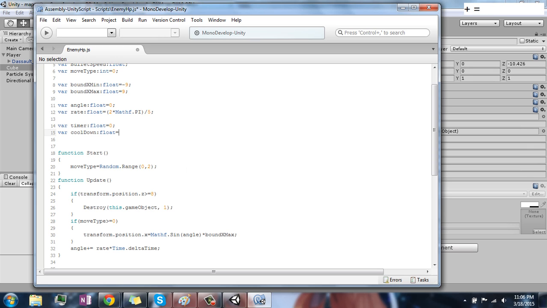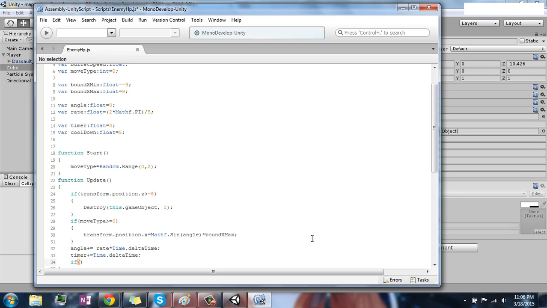Okay, I have a problem with just doing it like this, though. See, with the player, you need to be able to predict what your ship can handle. But... we don't want that. Sounds silly. Why does it sound silly? It's more enjoyable to have an unpredictable element to your enemy, so you don't know, okay, every 5 seconds he's gonna hit me. So what we're gonna do is we're gonna do timer plus equals Time.deltaTime,